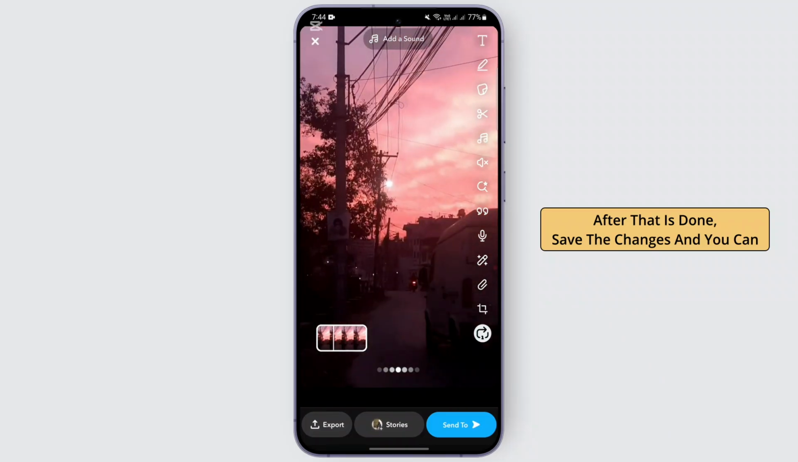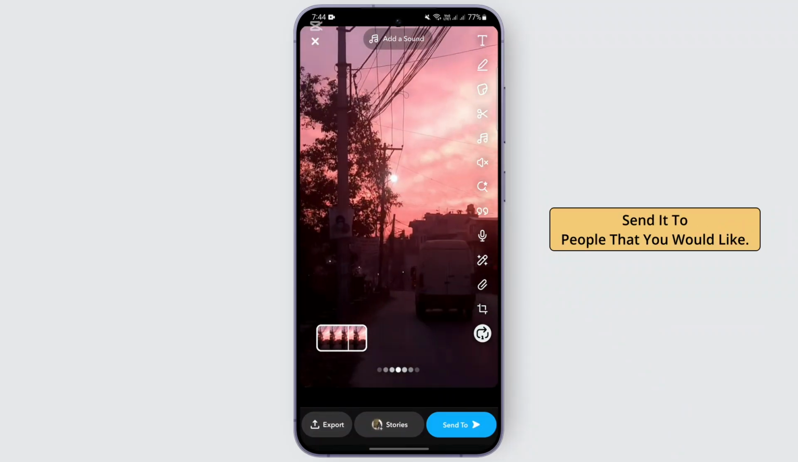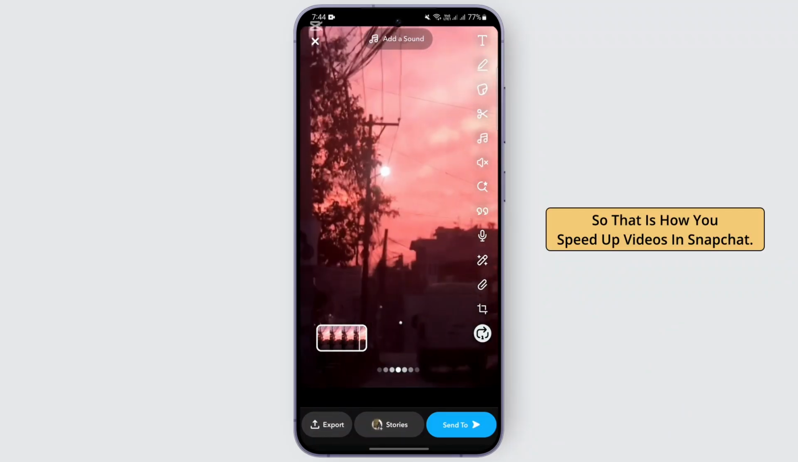After that is done, save the changes and you can send it to people that you would like. So that is how you speed up